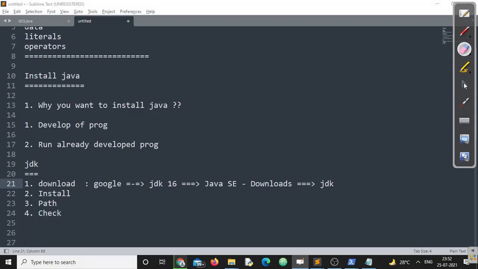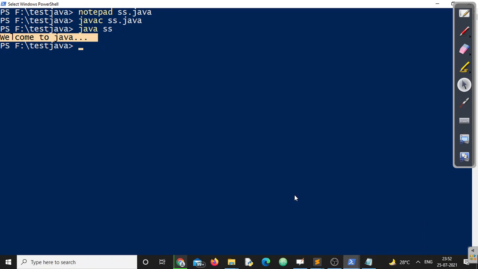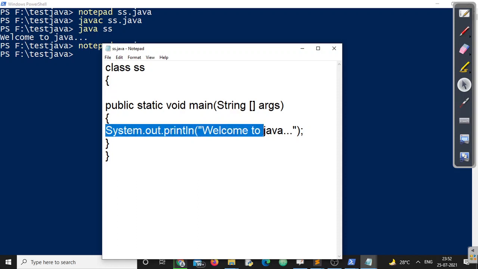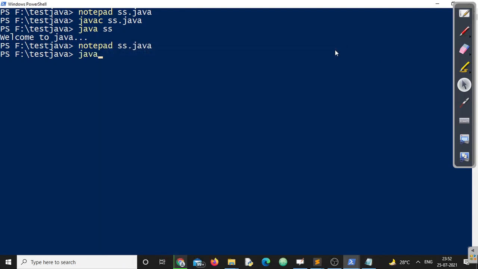Let us go for a simple Java program and check whether that Java program is perfectly running or not. Let me go for Notepad. SS.java. Here is a program that will display Welcome to Java. Let us save this file. Let us compile this file. Followed by java test.